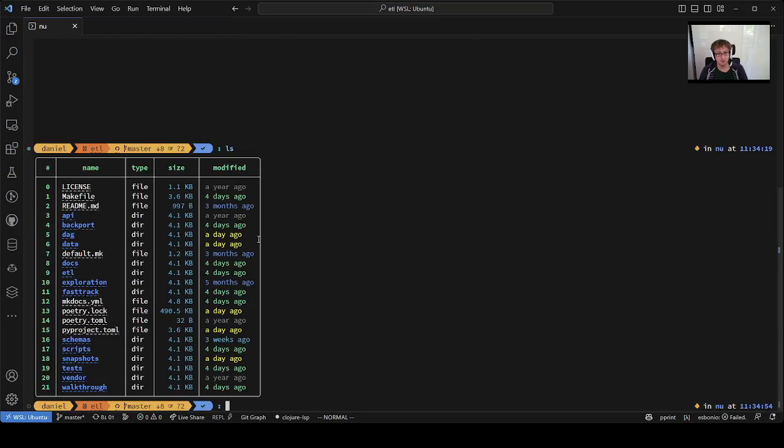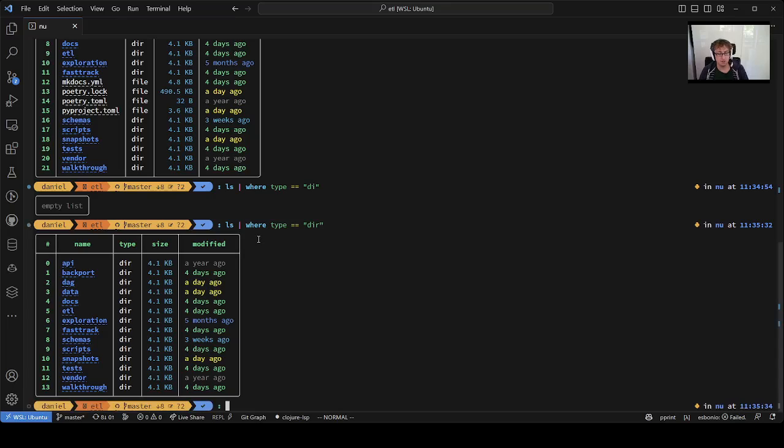So when I do ls here, on first glance, it seems pretty similar to normal ls, and maybe a bit nicer formatted, but that's it. But what is great about nushell is that it has rich data structures, and it passes data around as structured data. So in this case, what you're looking at is the output of vanilla ls, but parsed into a structured form and output in a table. And the idea is that you then start doing standardized operations on these tables, right? So for example, if we want to say, I don't know, only the directories,